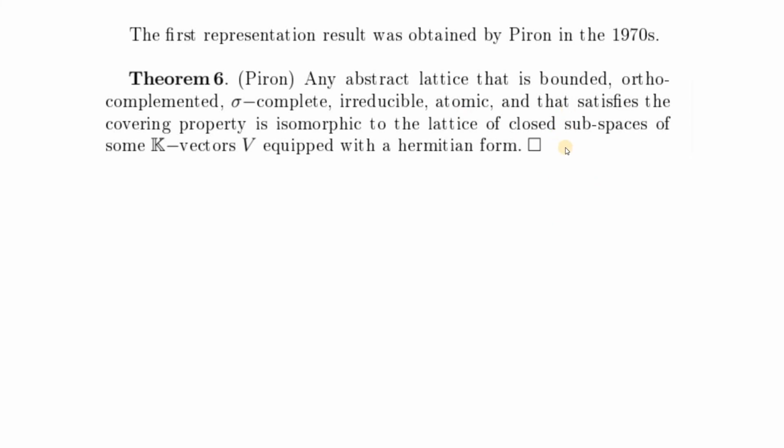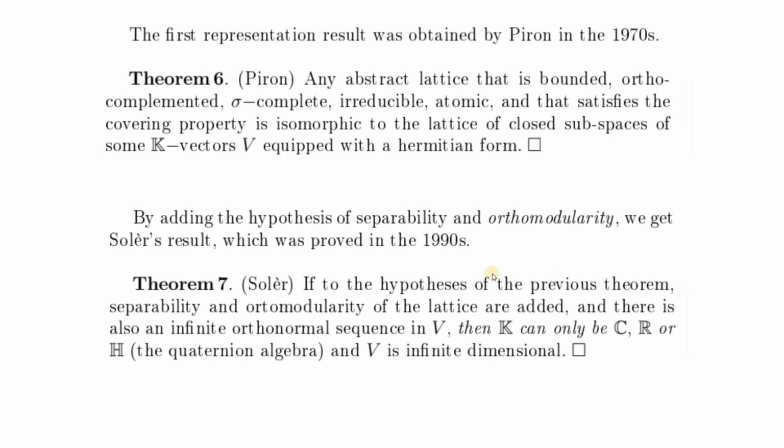In that way we get Soler's theorem, which was proved only in the 1990s: if we add the orthomodularity property, and if there is an infinite orthonormal sequence, then our generalized Hilbert space can only be a complex Hilbert space, a real Hilbert space, or a quaternionic Hilbert space, and infinite dimensional, of course, since we asked